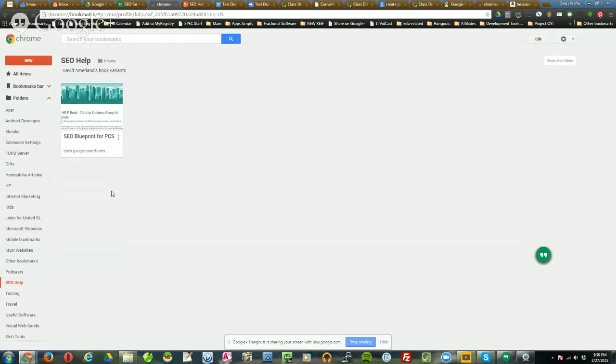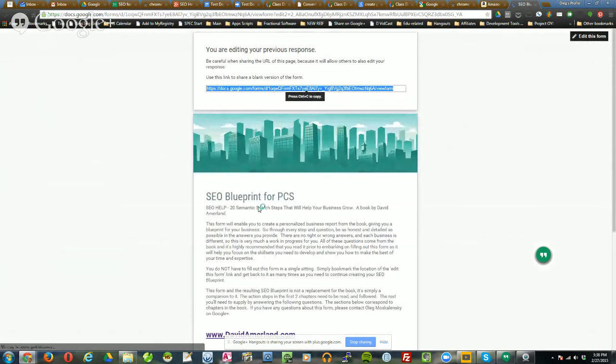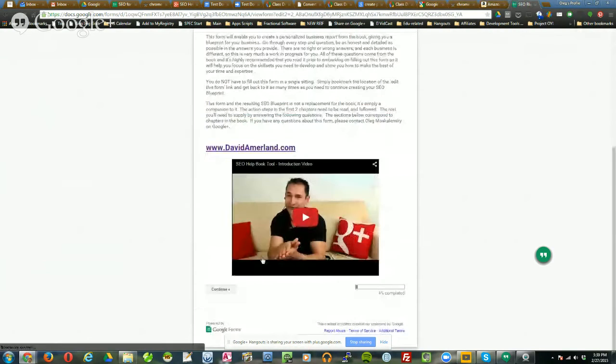Chrome has an excellent way, using this bookmarks approach, to segregate your information into folders. It makes it very easy to find. You can search for it. In my case, you can see I have a folder called SEO Help, and there's my blueprint for PCS. At any point in time, if I simply click on it, it's going to bring back the form. And then if I just go through it,